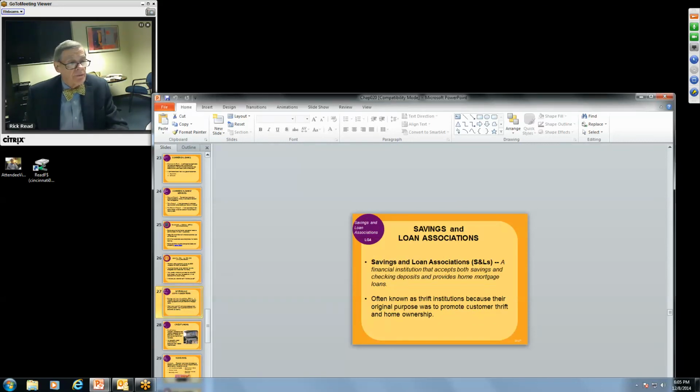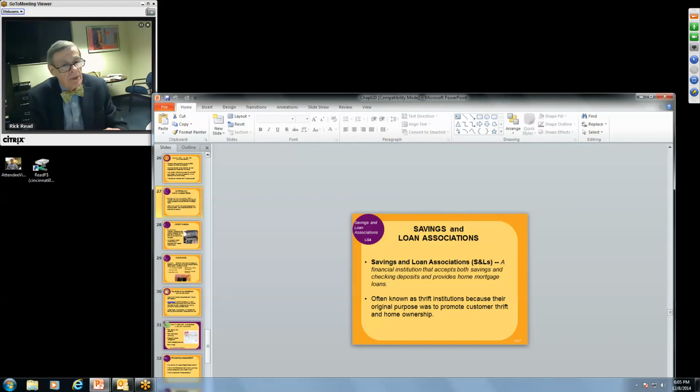A savings and loan is something that is similar to a bank, but it's different. It has some of the same things. I didn't always have a savings account, and they didn't always have checking accounts. When I was growing up, I didn't know a savings and loan that had a checking account. You could get them to write checks for you, but it wasn't like a checking account. Of course, you had to have the money there for them to do that.